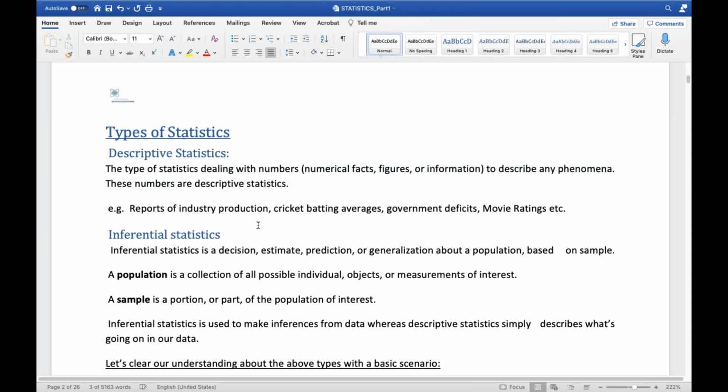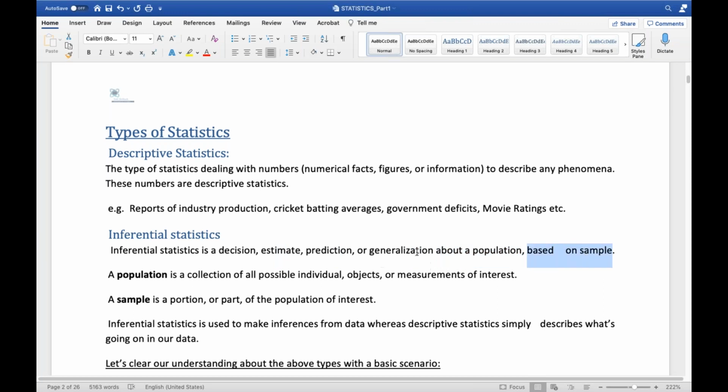For example, with the same example, in the next 10 years, in ODIs, Kohli is the best batsman. That is your prediction, that is your decision, right? How did you do it? In the next 2 years, COVID-19, we can't control it. That is a decision we are giving, right? That is inference. Inferential statistics is nothing but a decision or estimate, a prediction or generalization about the population